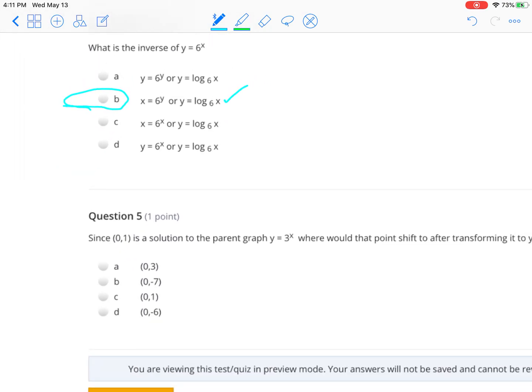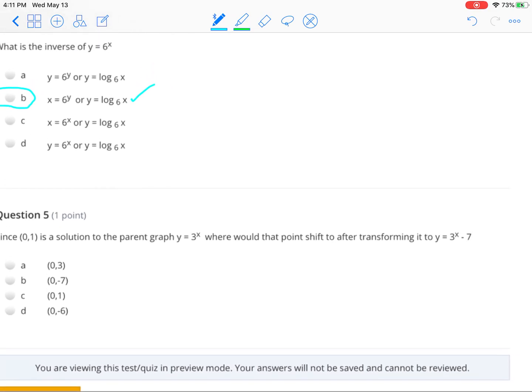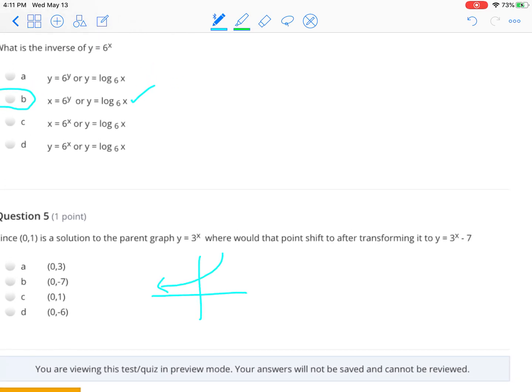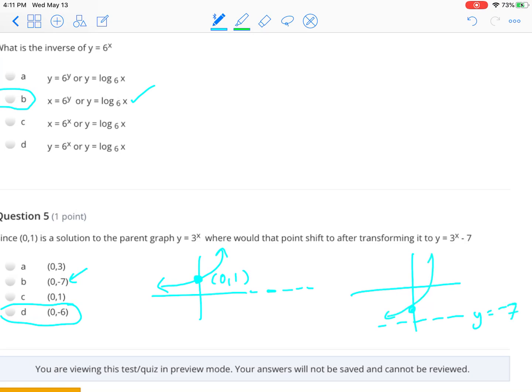And finally, the hardest one here was if you took 3 to the x, 3 to the x would have already started at 0, 1. So when you move down 7, you're not down here at 7, you're really only at -6. The asymptote would move down to -7, but the point would be at -6. All right, so there's a nice quick